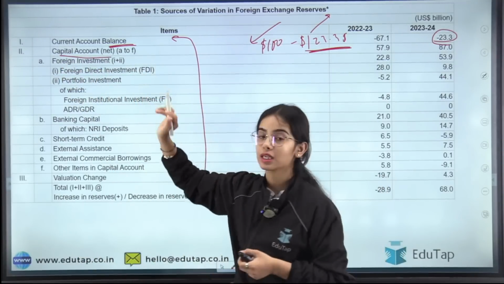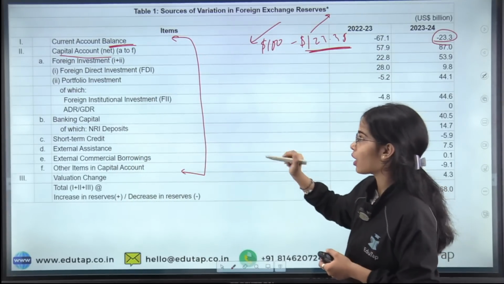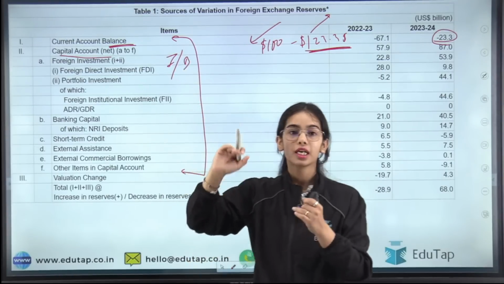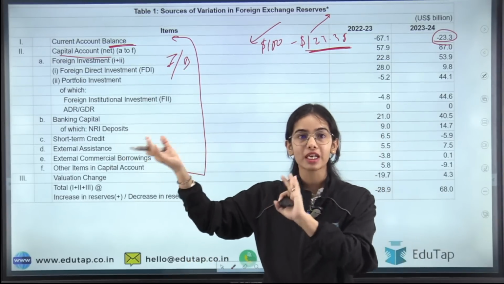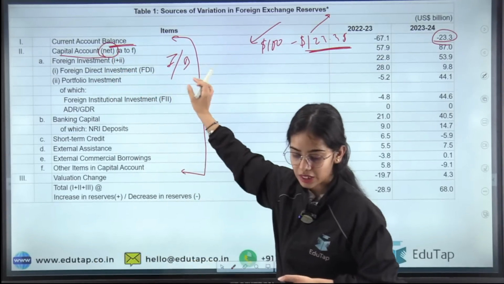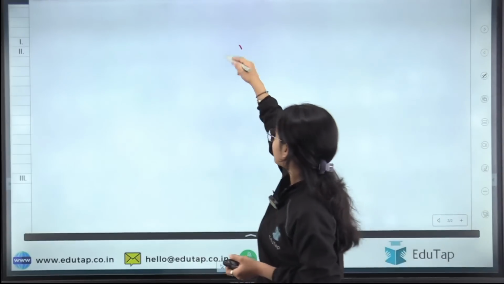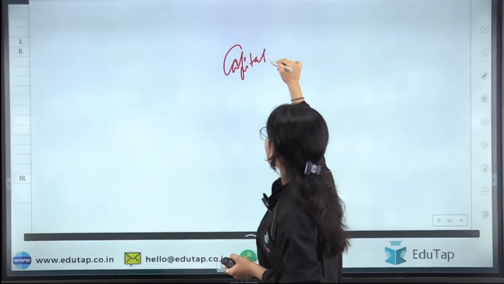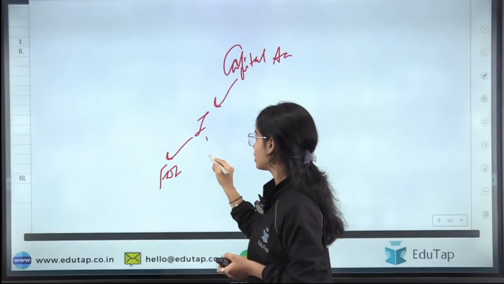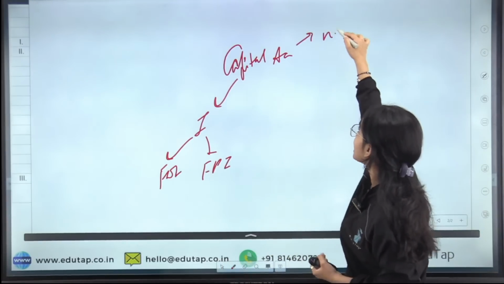Now coming to the capital account, that is the second account of the balance of payment. In the capital account, we see all the investments and the borrowings. So we see the investments that we are doing, investments that we are getting. So capital account is in the net. Capital account consists of the investment, that is the foreign direct investment, the foreign portfolio investment. So for the capital account we have to see net terms.